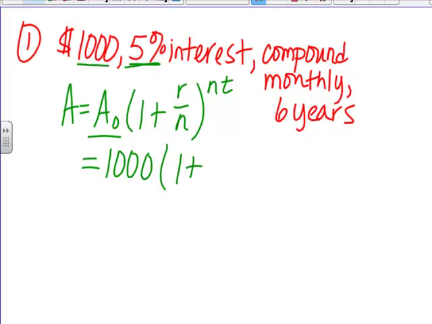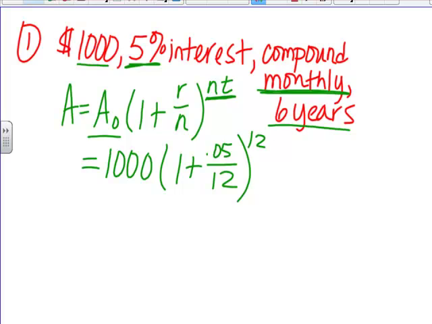Times 1 plus r. We need to always take our rate and make it a decimal, so that'd be 0.05. And in this case, if we're compounding monthly, we need to realize that's going to happen 12 times. And then up here, we need to have this happen as many times as it happens over the amount of time, which is 6 years. So this then would be raised to the 12 times 6. And so now, if you carefully put this into your calculator, which is what I'm going to do myself right now, you would get, hopefully,